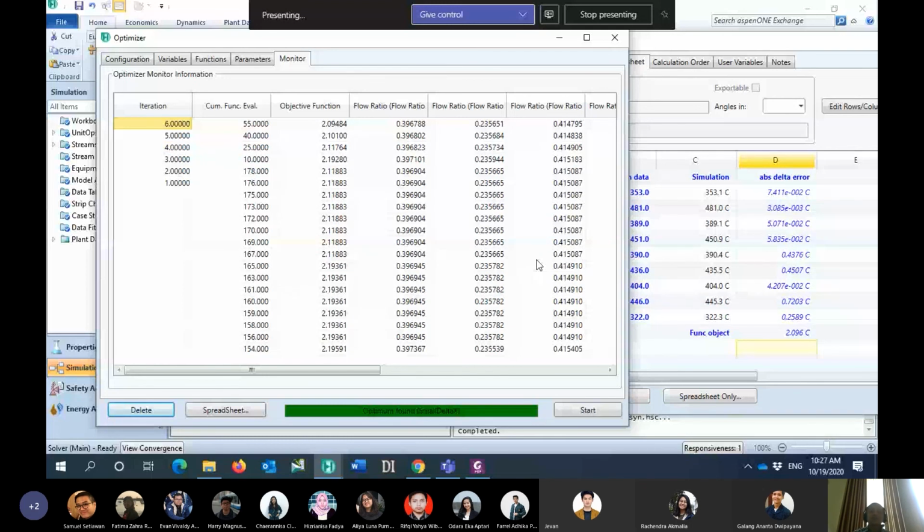Please check again, and make sure that there is no error. This one is 0.3, which is okay. To ensure that this will be the end of the simulation, please start again.